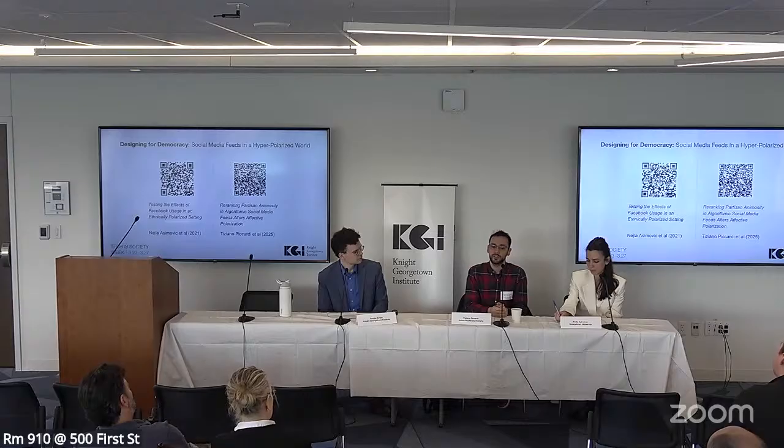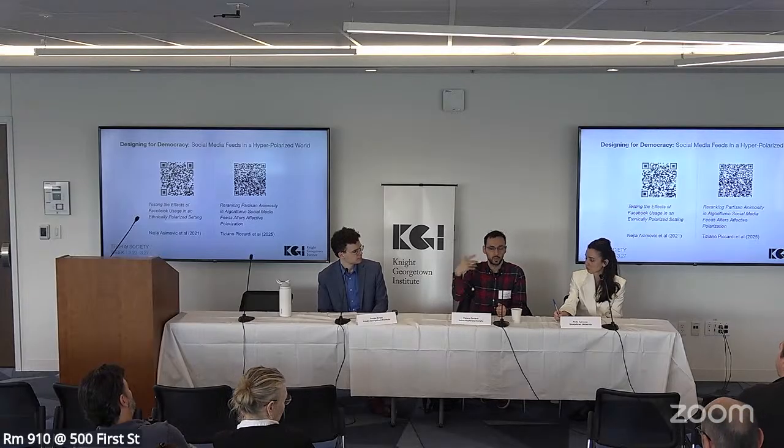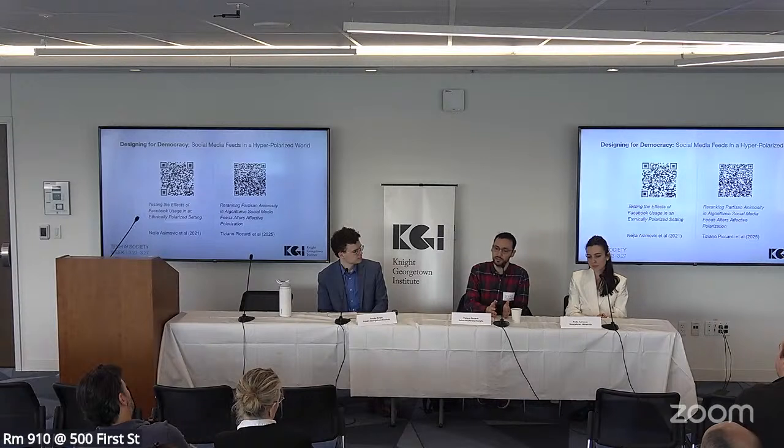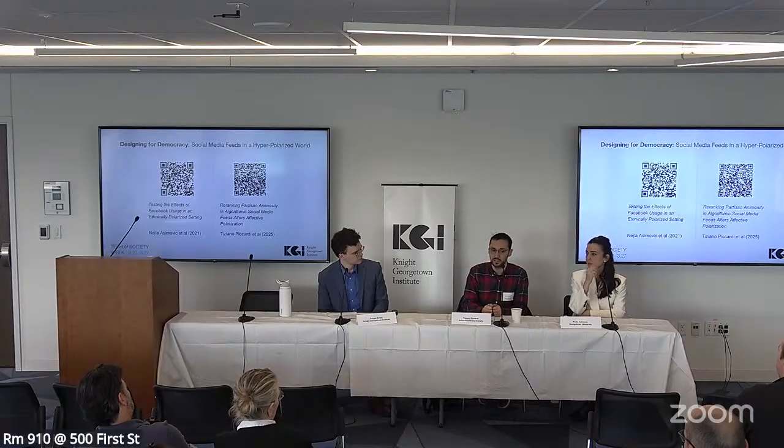This would also align with what we saw, that there was a lot of negative content, even in the chronological base. So people just tend to follow people that also produce negative content. But what I want to say is that there is good news in this: with the algorithmic design, we have degrees of freedom. So we can make feeds that are even better than the chronological version. It's not about trying to fix that, but we can completely redesign the feed in a way that is better than, as I said earlier, the two extremes.